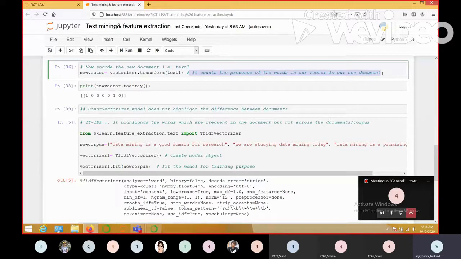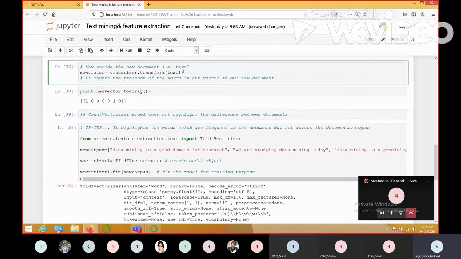It counts the presence of words in our vector against the new document. When we apply the function transform, it returns a matrix for us. So I'll display the matrix for you.